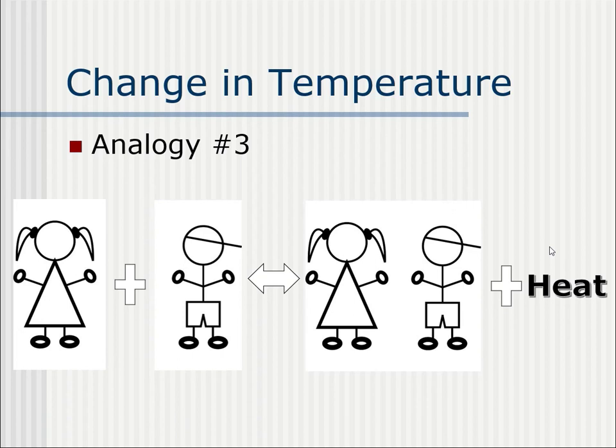And you essentially are going to treat heat as being a reactant or a product. And when you increase the temperature, you're adding heat, so it's going to shift away from the heat. And when you decrease the temperature, you're going to be removing the heat, which means you want to make more heat. And you're going to treat it the exact same way you did the previous example in determining which direction it's going to shift.